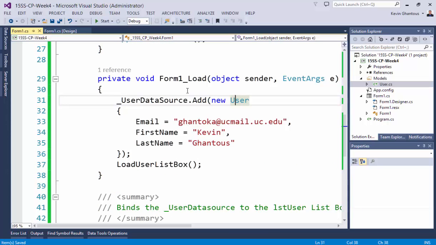So this is just like algebra. You work from the inside out. So we have user data source dot add, and then we're adding this user. Think of the new user and the curly brackets as the user object that gets returned. So the first thing that the compiler and the execution engine do is they say, oh, well, you're calling new